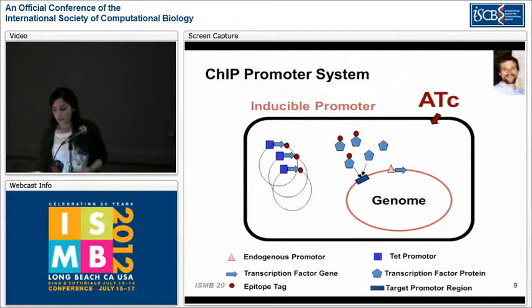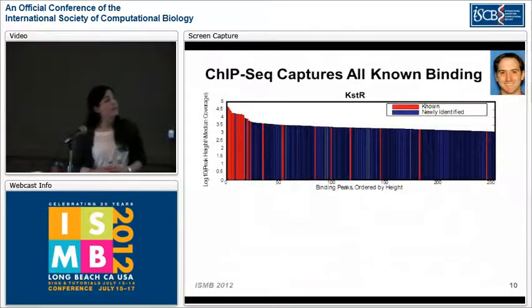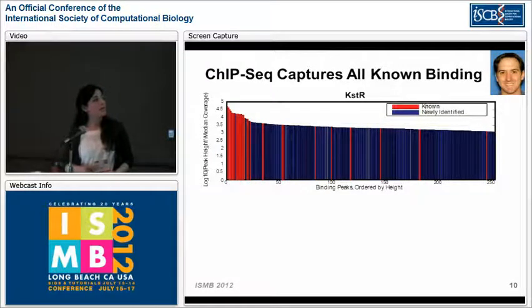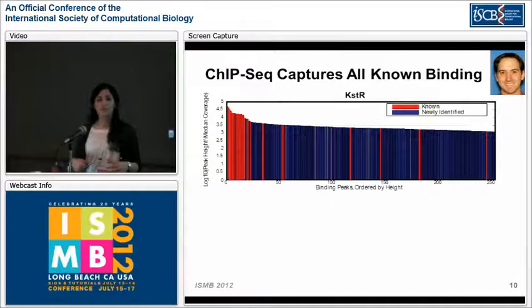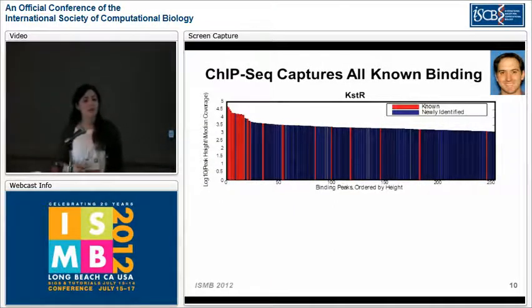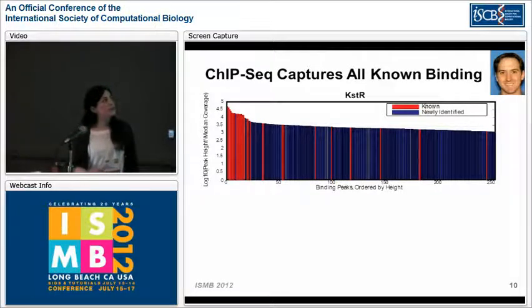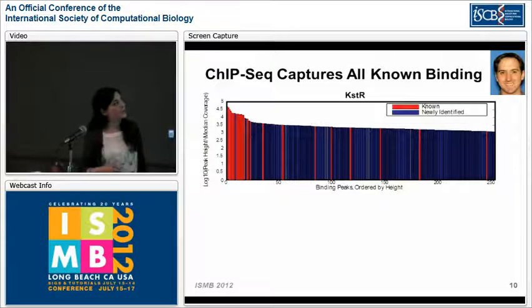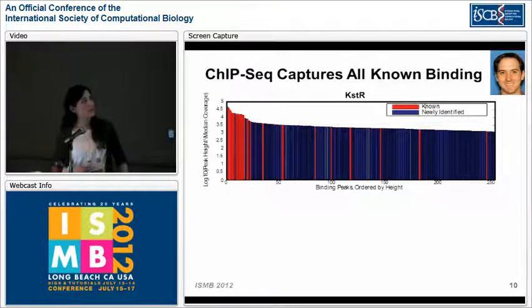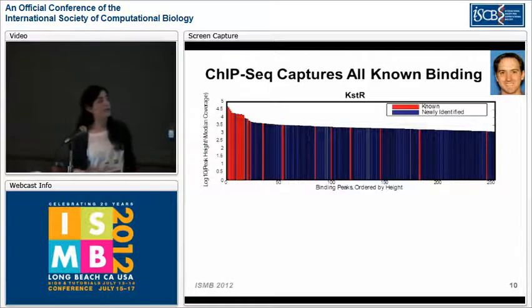This data set has been analyzed using a pipeline designed by Matt Peterson from our lab to identify the significant binding sites and regions from the ChIP-seq coverage data. This figure here shows the peaks ordered decreasingly for KSDR. The red bars show the previously known binding sites for KSDR, while all the blue bars show the newly identified